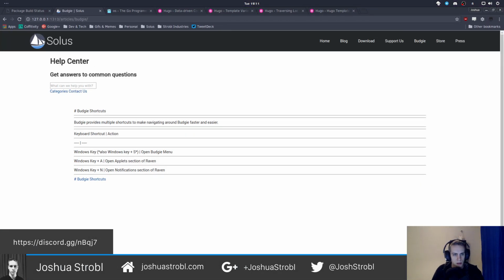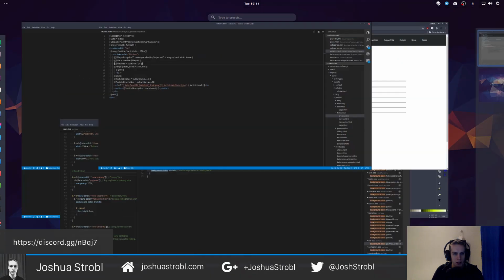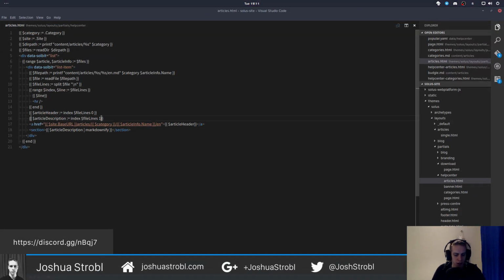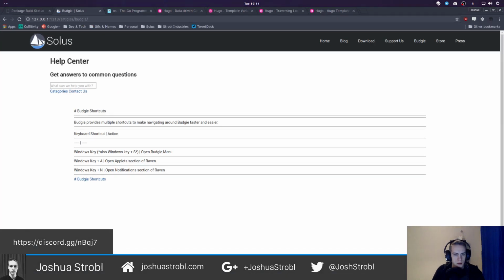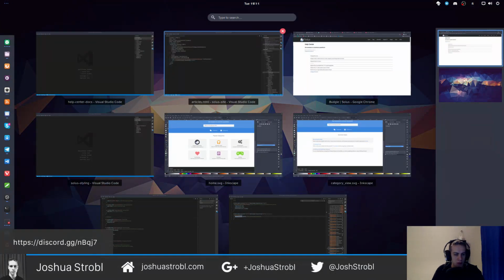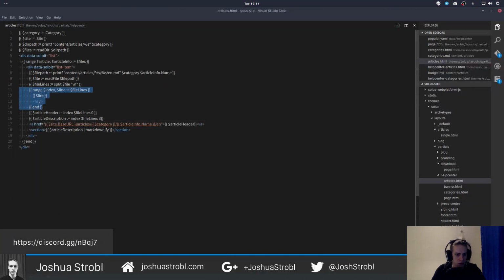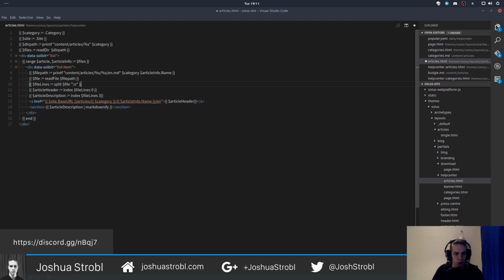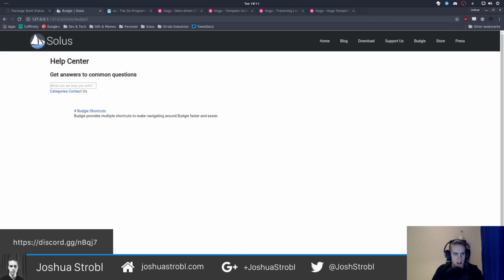So we have Budgie shortcuts, blank. New line. Yes, of course. I see. Right. So it's actually going to be 3. Because we have that new line there? Maybe. Actually, it's not going to be 3. It's going to be 2. Hey, there we go. That's progress. It is only showing that one, so